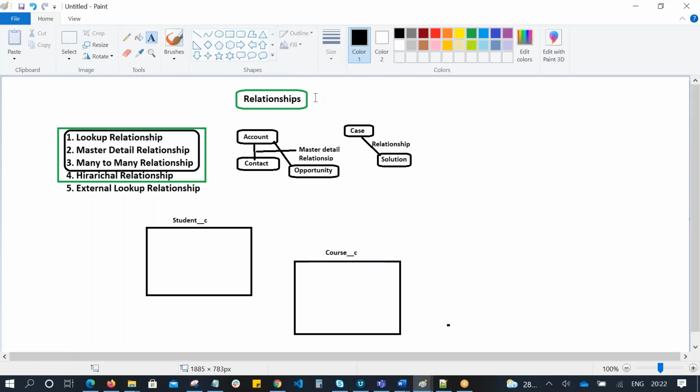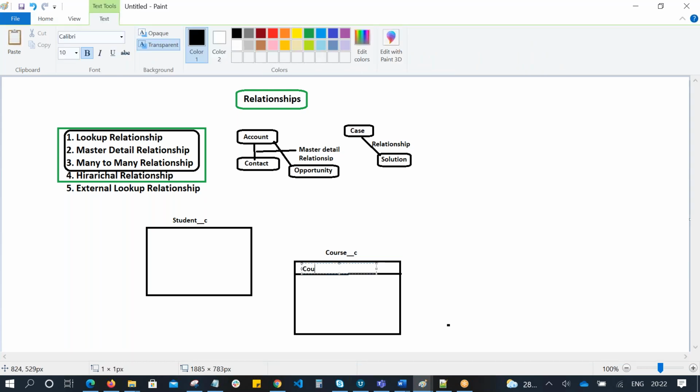In the course table, we are maintaining course name, start date, course fee, and I want to maintain student details.